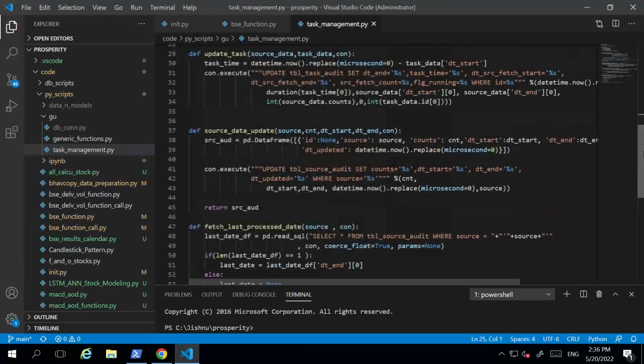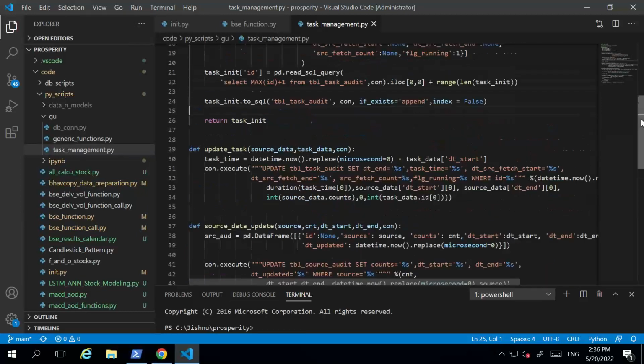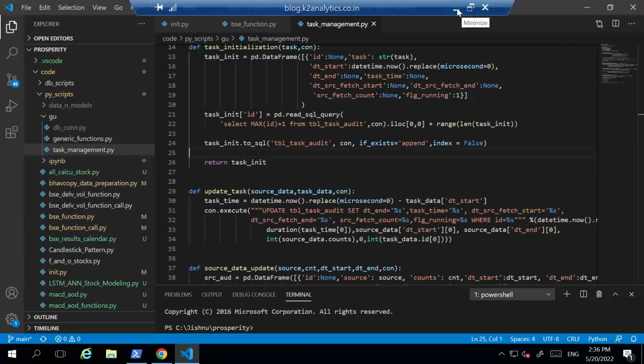All of these kinds of generic functionalities you may have to write for your ETL program. You may also have to write generic functionalities to open the connection,